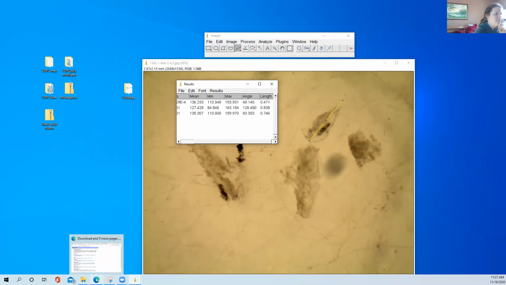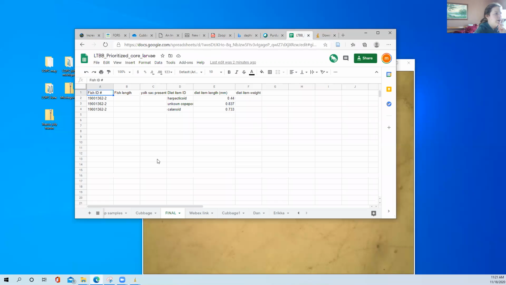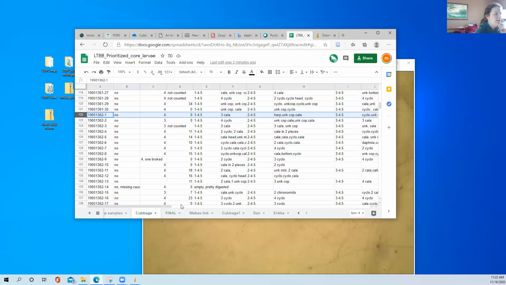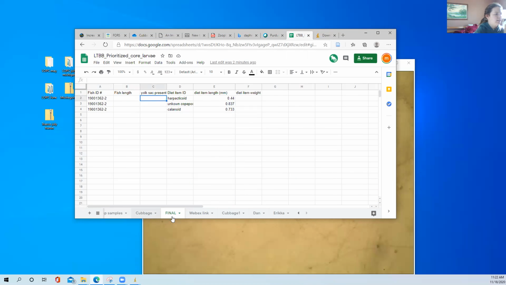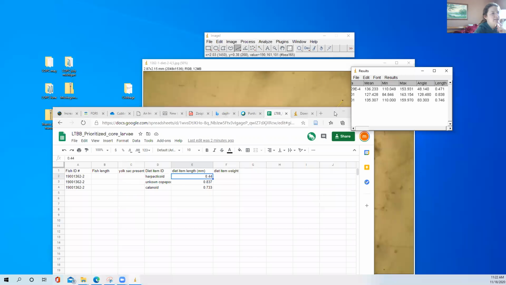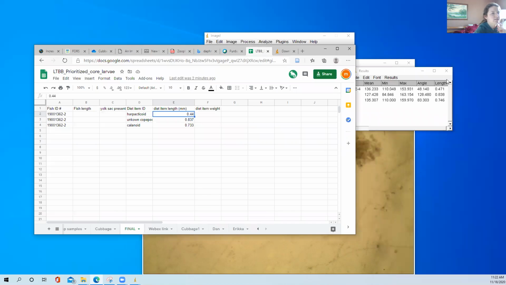All right, this is a little bit more work as well. So there's a new sheet called Final. And in that sheet, I want you to put the fish ID, the fish length, which you will measure, if the yolk sac was present, which you can see from this data sheet, and then the diet item ID, which you get from the old data sheet, and then that length. So I put in these lengths here, where you just take the lengths from here and you put them